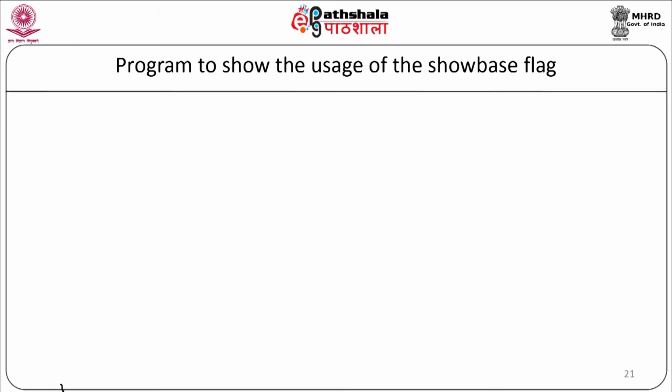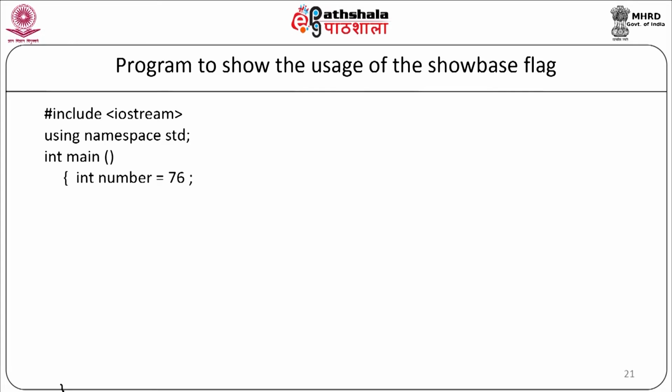Now let us see a program to show the sign of a given number using the showbase flag. We will start with the program: #include <iostream>, using namespace std, int main. We will declare the number as integer number equal to 76. We will set the flags now: cout.setf(ios::showbase), cout.setf(ios::showpos),